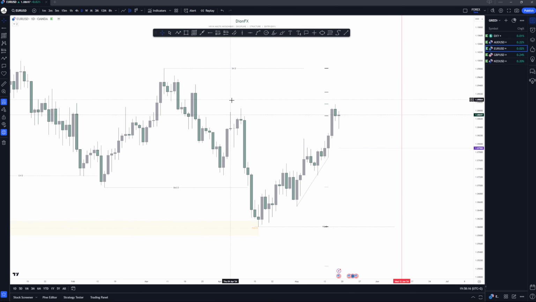Right? I saw people marking this one as their change of character or their swing high. For me, it wasn't. For me, this one was my swing high. So as soon as price took out this high, we knew that price was going to go to the upside. Okay, we were able to predict the move from here to the upside and also from here to the upside. Right now, the price has literally done all of these, and it has also taken out this old high that people were selling from. Right, that's taking it out.